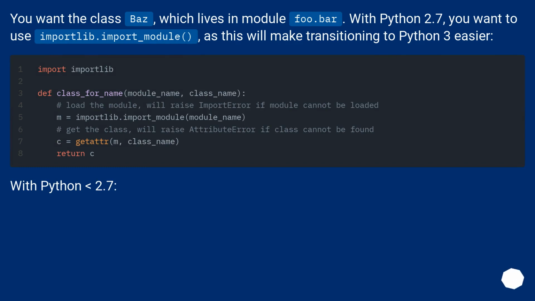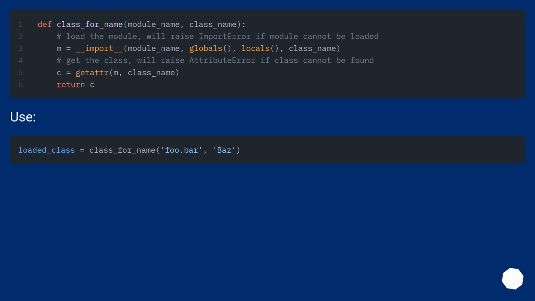With Python 2.7, you want to use importlib.import_module, as this will make transitioning to Python 3 easier. With Python lower than 2.7, use